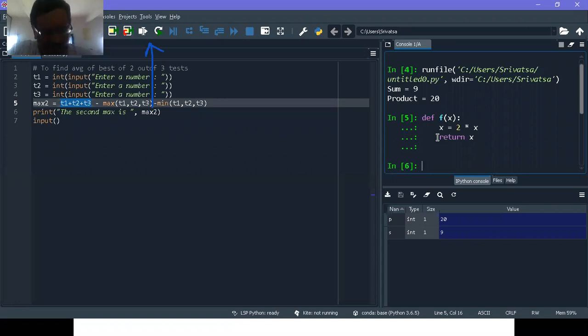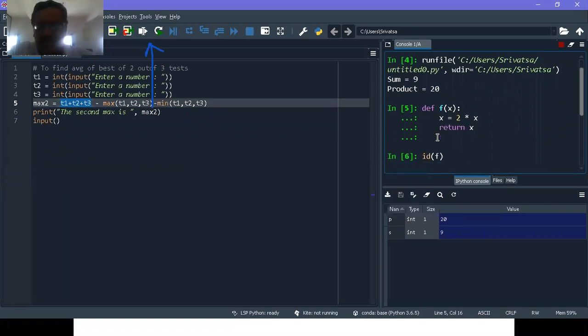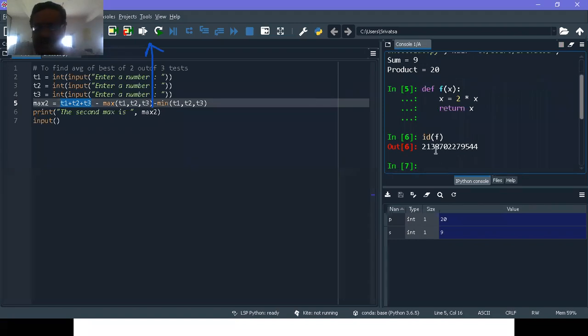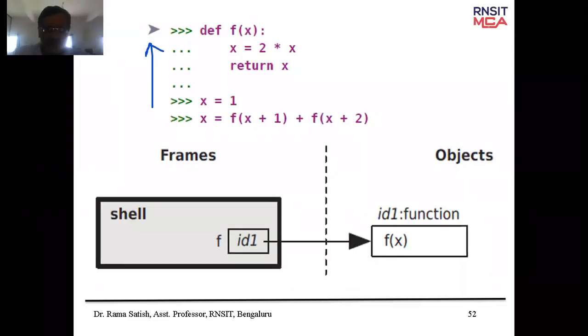Now you can check the ID of f. That means even the function you are creating acts like a variable, but the function contains executable code. So it is also given some memory location that is available. The same thing is represented here.